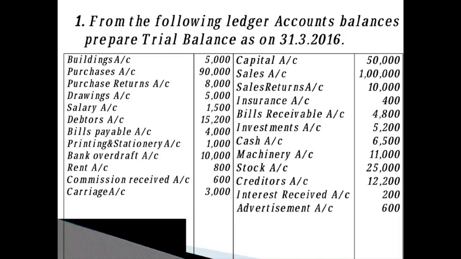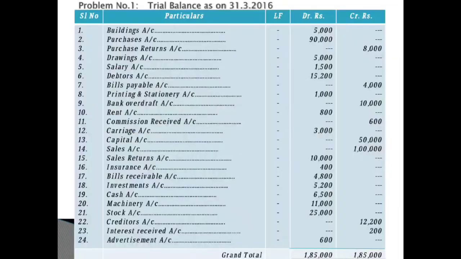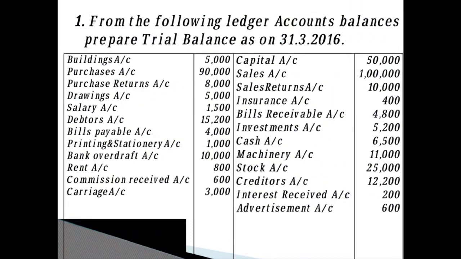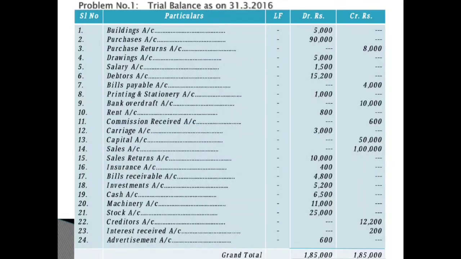The next you have machinery account, rupees 11,000. So machinery account is an asset which shows us a debit balance. So machinery account, in the debit column you should write rupees 11,000. The next you have stock account. Stock means it is an asset for us, unsold goods left with us, because whenever we want we can sell it, right? So until you sell it, it may be considered an asset for your business. So it is an asset for us, which is going to show a debit balance. So the 21st we have recorded, see, stock account in the debit column, rupees 25,000.